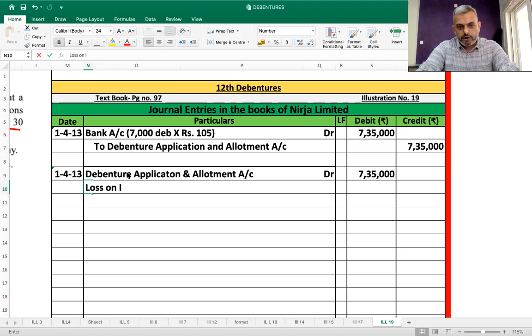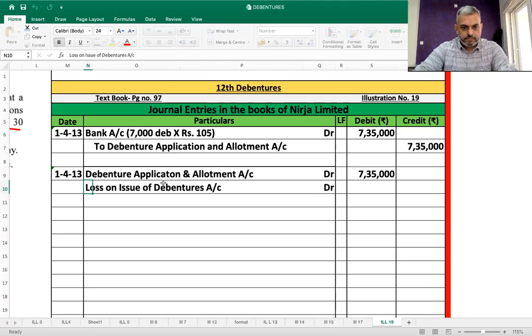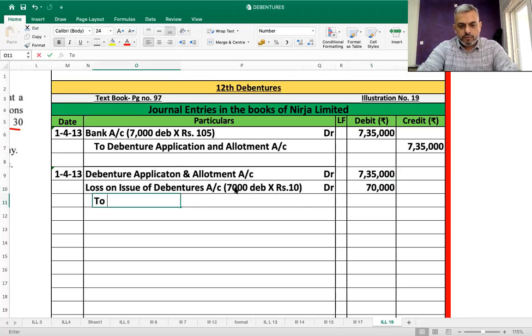So loss on issue of debentures. Let me write in bracket the amount. 7,000 debentures into rupees 10 is the loss. So 70,000 to what percent debentures? 9% debentures account